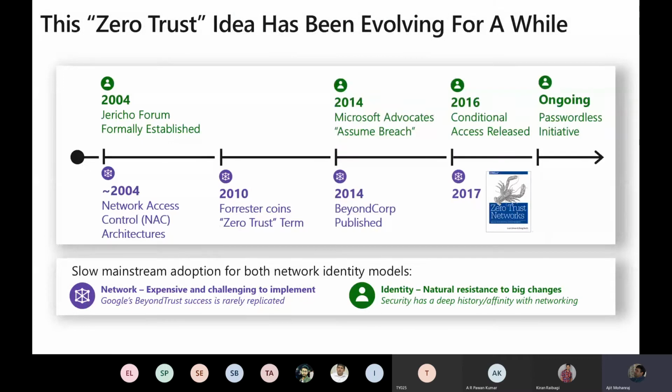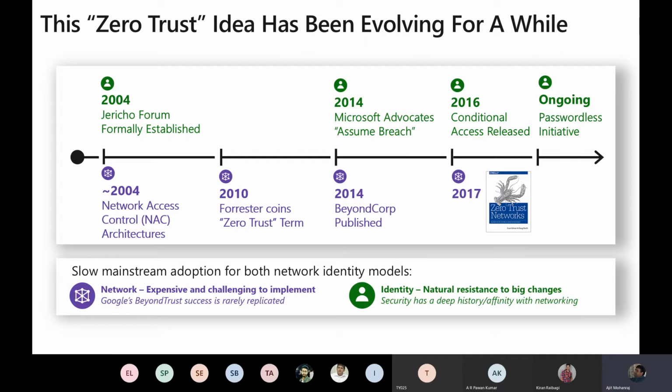And just a little history about this. It's nothing new. In fact, this zero trust discussion began in 2004 when a couple of CISOs of financial institutions in the UK formed something called the Jericho Forum, where they advocated this, don't trust. Everybody cannot be trusted. The user, the device, the network is hostile. That is what they came out with, right? And as it went along, in 2010, Forrester came out with this and formalized this term called zero trust. In 2014, Google implemented this, but at a network level, right?